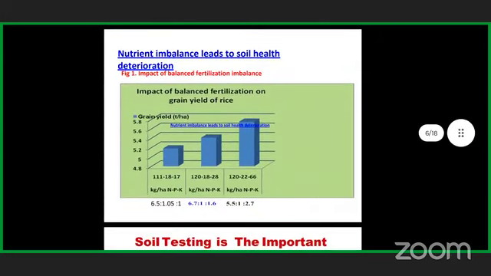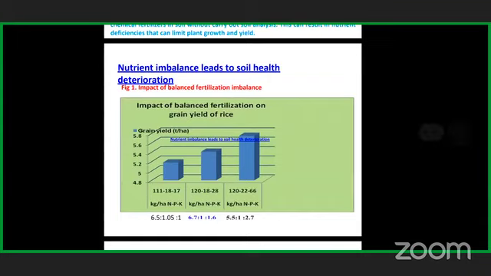Now, second, here we can see that if we are putting the optimum amount of nutrient, what happened? We exactly don't know how much fertilizer we need to put, so we are just giving the fertilizers to our soil. But whenever we are giving an imbalanced dose of fertilizer, there might be an increase in the yield. There must be some increase in the yield for sure. But that increase will not be the optimum, or we can say the highest increase. But if we are putting a balanced amount of fertilizer, then it will show us the maximum amount of increase that the soil can do. We can say that we are increasing the inherent capacity of the soil while putting the balanced amount of fertilizer.